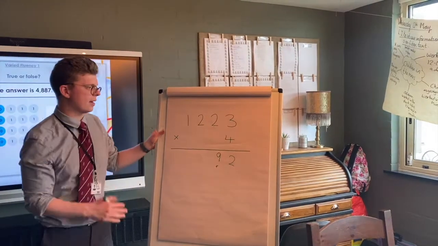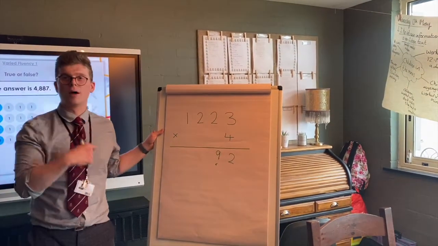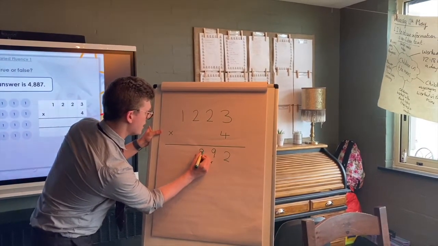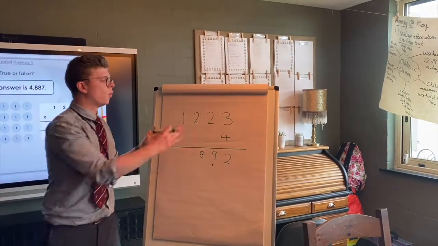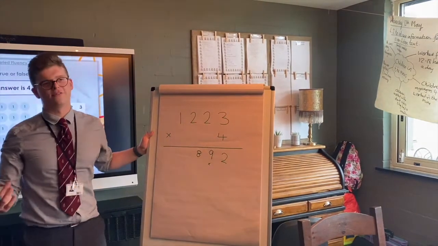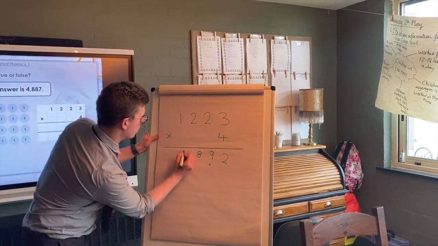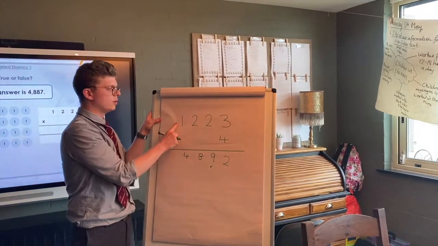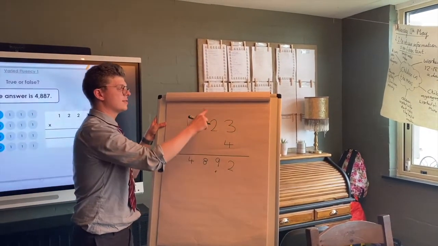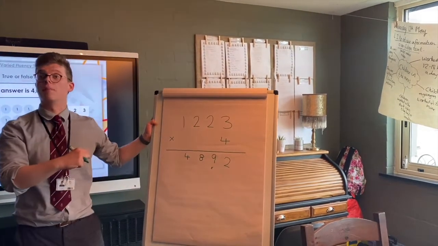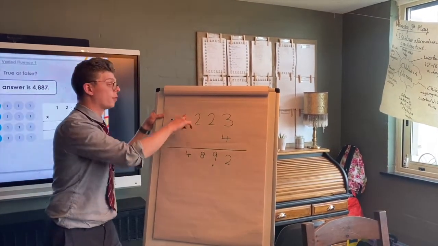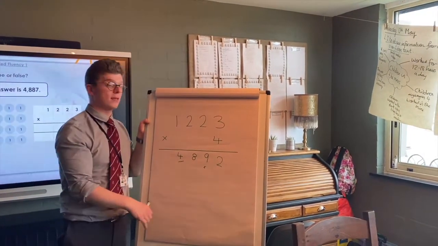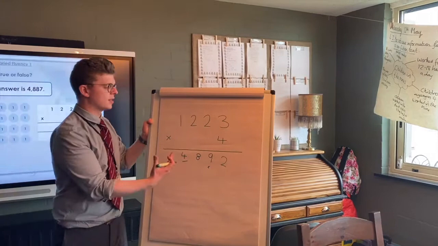Next, go along again. 2 times 4, I know that's 8. We would record an 8. And finally, 1 times 4, I know that's 4. We would record our 4. Of course, we have to remember, guys, that this 1 is in the units, tens, hundreds, thousands column. So this actually represents 1,000 times by 4, hence why we write the 4 in the thousands column, giving us an answer of